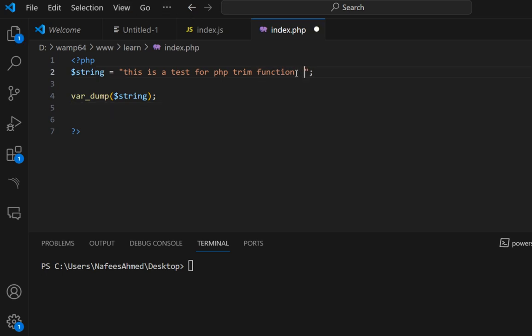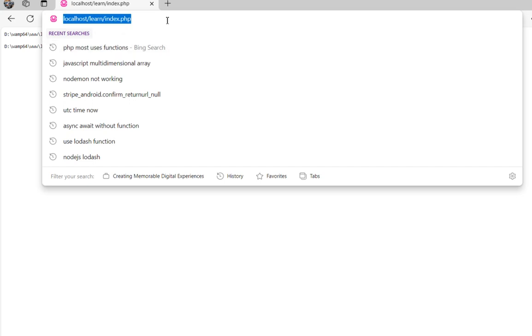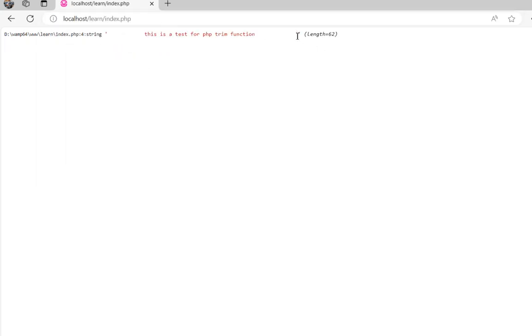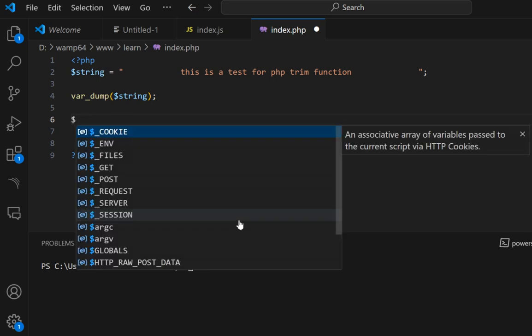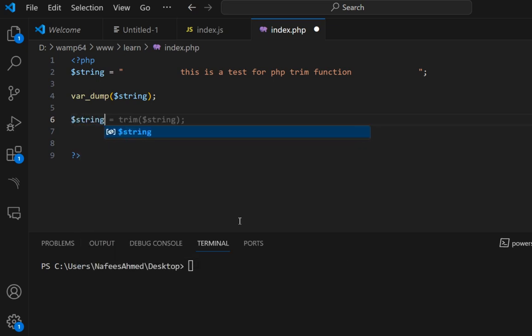So let's say our string has a space before and after. Okay, so now if we go to the browser, this will be adding a space. Okay, now if we want to remove this space, this function comes into the picture: string